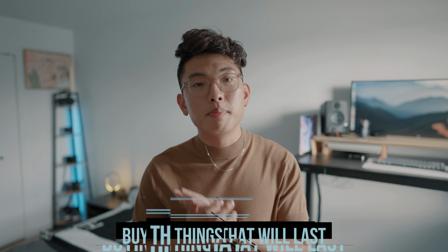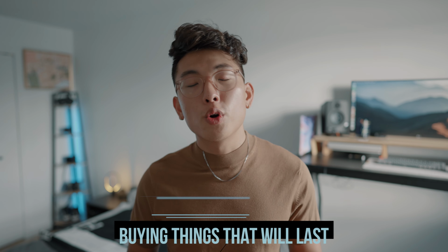Now, number 4 is buying things that will last. Now, like I mentioned before, reaping the fruits of your labor is something that everyone should enjoy after a long month of hard work. But the older you get, the smarter you have to get with your purchases. Meaning, rather than spending a quick buck trying to buy a piece that will only be in trend for a couple of months, it's a much better investment to start investing in higher quality pieces that will last you much